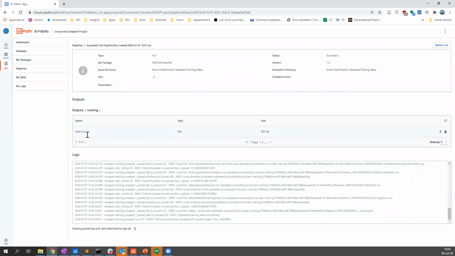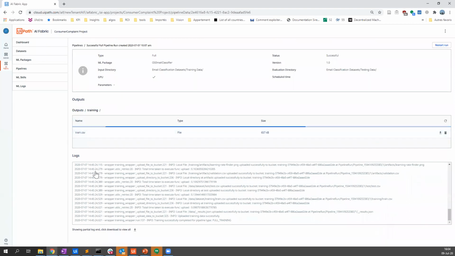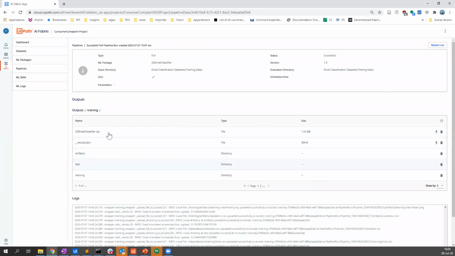So if at some point you realize your model is not working as you expected, and you suspect it's because the data were corrupted, or because you didn't use enough data and you want to check, you can go back to this pipeline and just check what was the data set, and you can investigate this. Same goes for the evaluation data set, which is here.